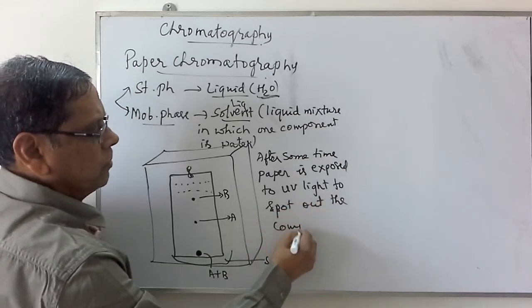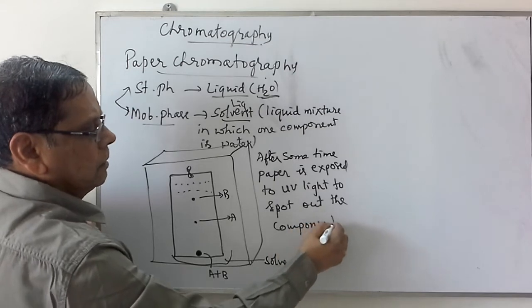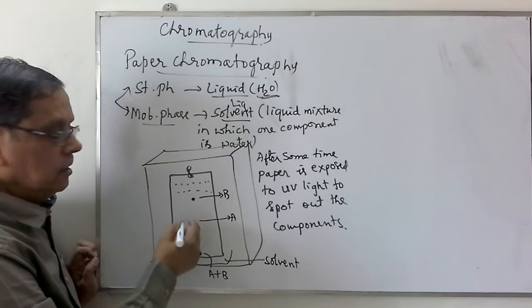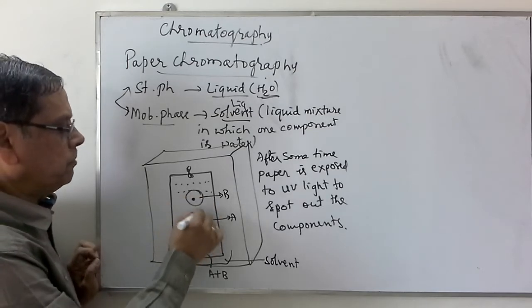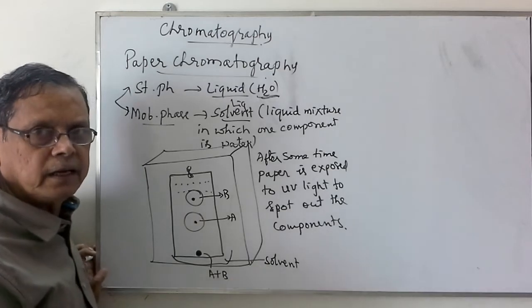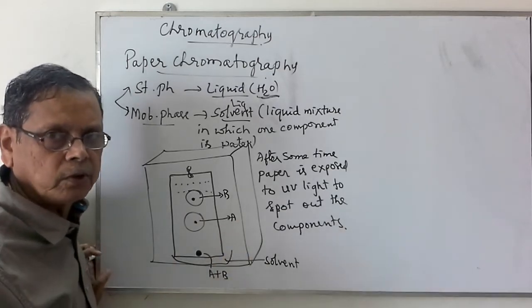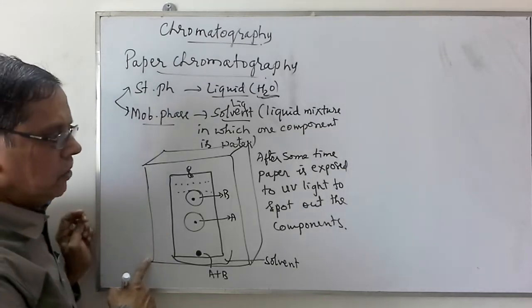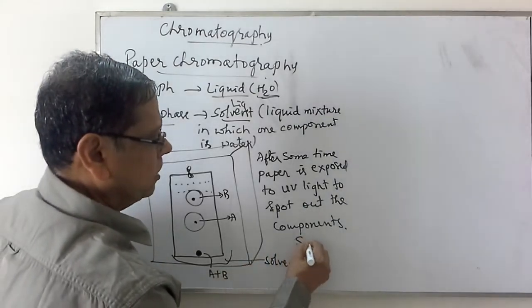Once the components are observed at different parts, then we can cut that paper part like this. So this part of the paper and this part of the paper are cut, and then they are separated from one another. They can be extracted with the suitable solvents. Especially this paper chromatography we use for the separation